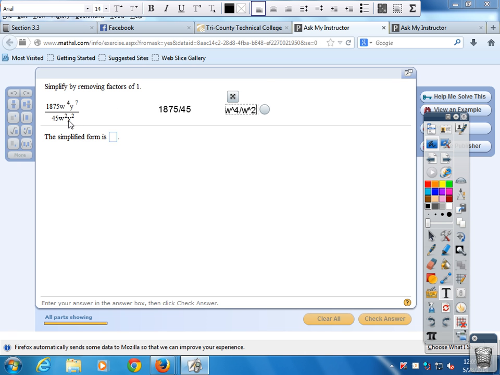That's the second part. And then the third part is y to the 7th divided by y squared. All right, now all of these are part of the problem, but the reason I broke it up is